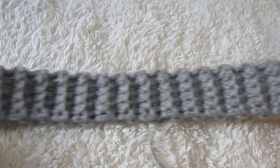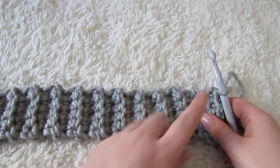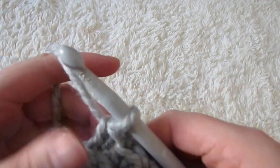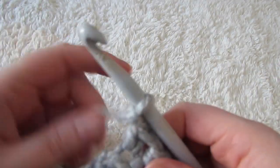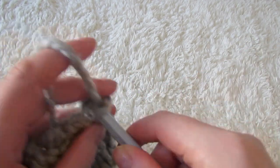So once you have single crocheted your required number of rows for your size, you're going to be doing half double crochet across this edge here. So you're going to begin by chaining 1. This will count as your first stitch, and then for a size small you're going to do a further 39